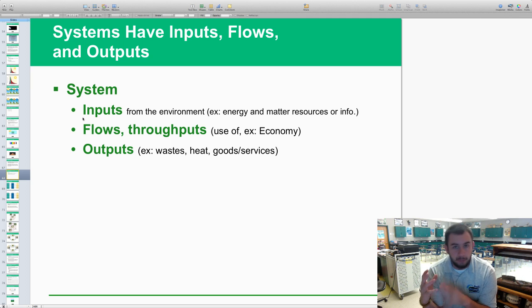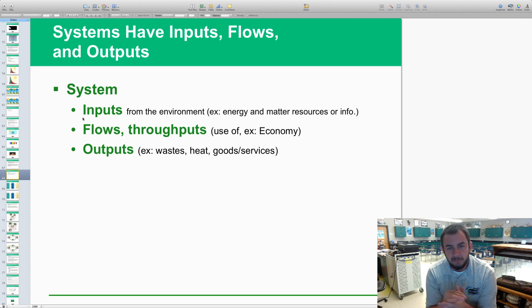The inputs obviously get put into the system. Those are the materials that make up the product which you have been working on for your P times A times T equals I project. And then you have the flows or the throughputs. That's like the actual economy where the product is being sold. It's already been made through the inputs and then it's being sold to the market and being used